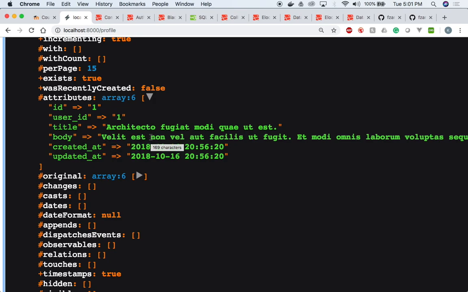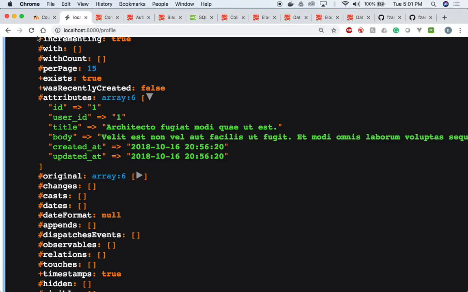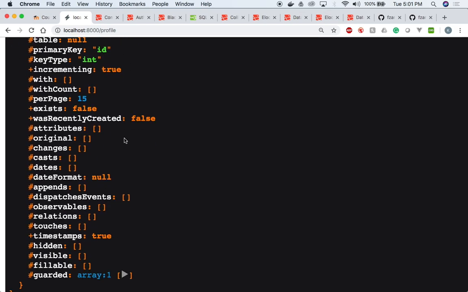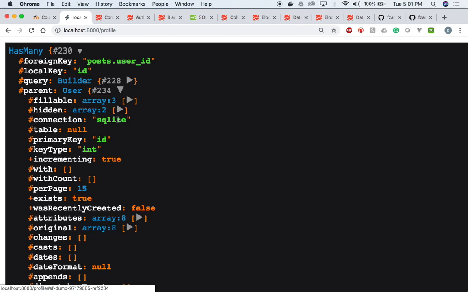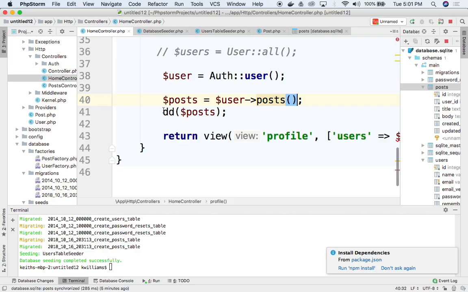Let me just put the parentheses in front of it and see how this changes. Totally messed up. Doesn't work. It gives you all this other information. It doesn't tell you anything about the posts, doesn't do anything for you. So the moral of the story, I'll put the comment in here. You need